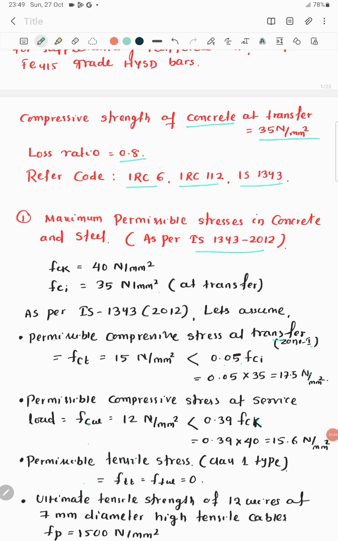So for this problem, we have assumed that the permissible compressive stress at transfer considering zone 1 is 15 Newton per mm square, which is denoted as FCT. And the permissible compressive stress at service load, which is denoted as FCW, is taken as 12 Newton per mm square. So these values we have assumed, and the assumed values should be within the permissible limits specified in the code. So now coming to the code,